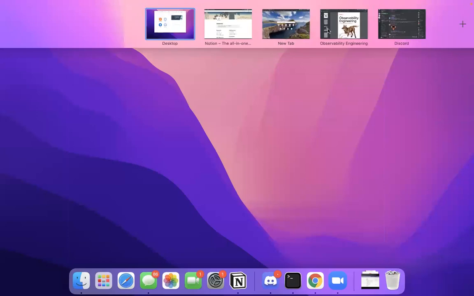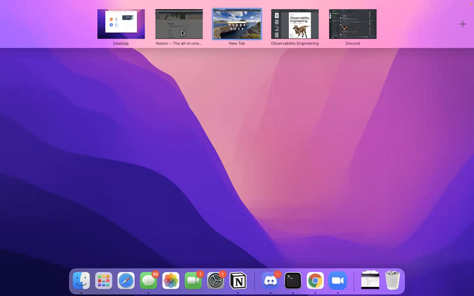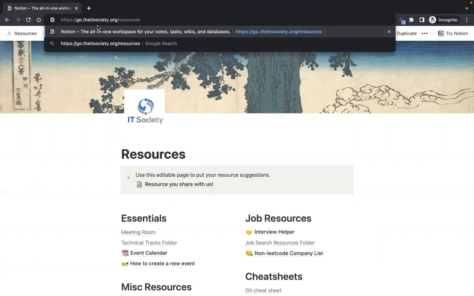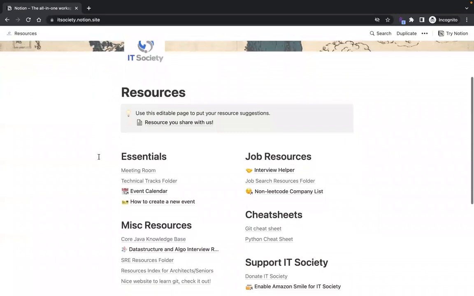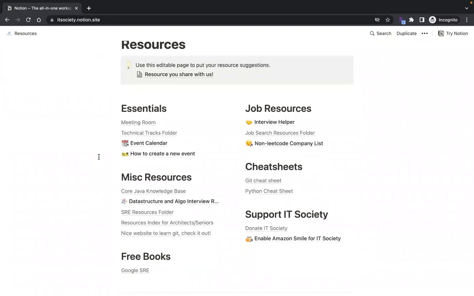let me share my whole screen so you can see that. When you go to the IT Society org resources, you land on this Notion page, which has many resources that you can navigate. Under job resources, we have Interview Helper, and some other links you can discover